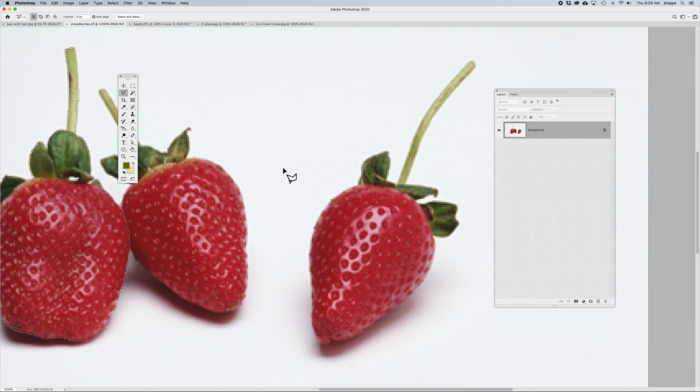So what I'm going to do to add to it, I'm going to hold down my Shift key. And you'll notice when I hold down the Shift key with any of my selection tools, you're going to get that plus that comes off the side. And that says keep my existing selection and add to this selection here so I don't lose it. Once I start my selection after I've held down the Shift key, I no longer have to hold down the Shift key. All I have to do is start, and then I can run over here and create the selection